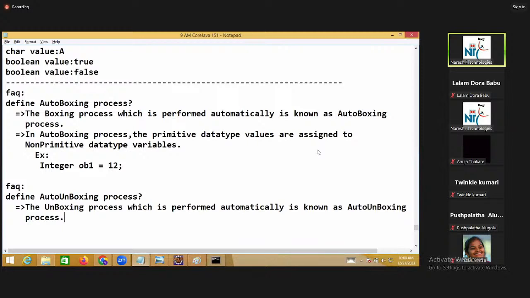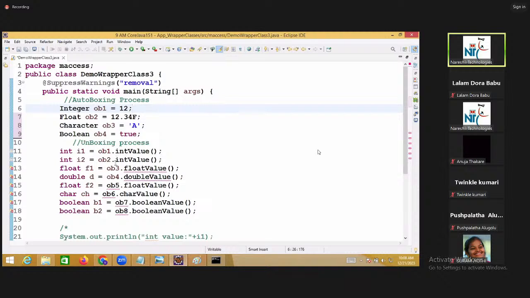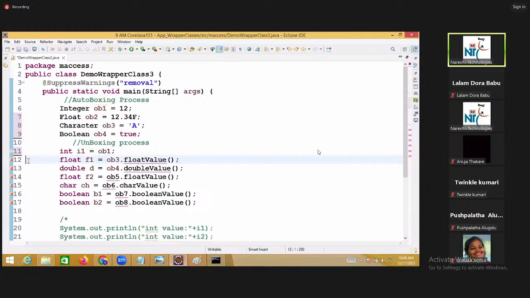Because of this auto unboxing, the syntaxes are deprecated. That's the reason actually. Right. In this program, the syntax of auto unbox, you must not use methods. See there. Don't use methods. Use OB1. OB2. Where is OB2?